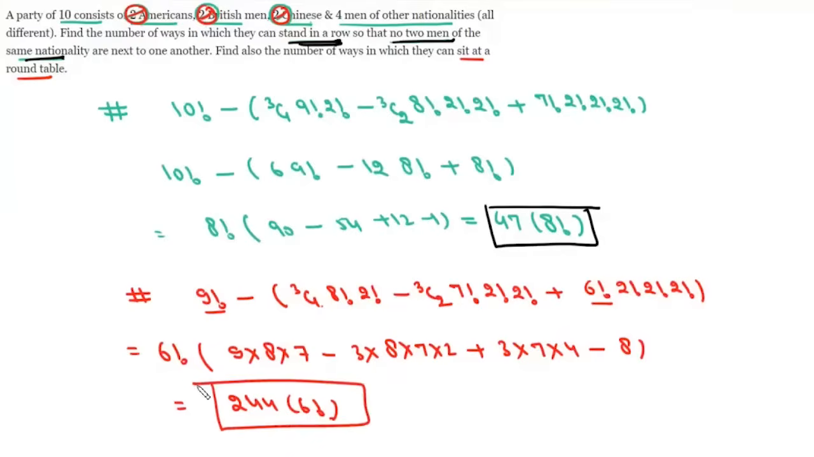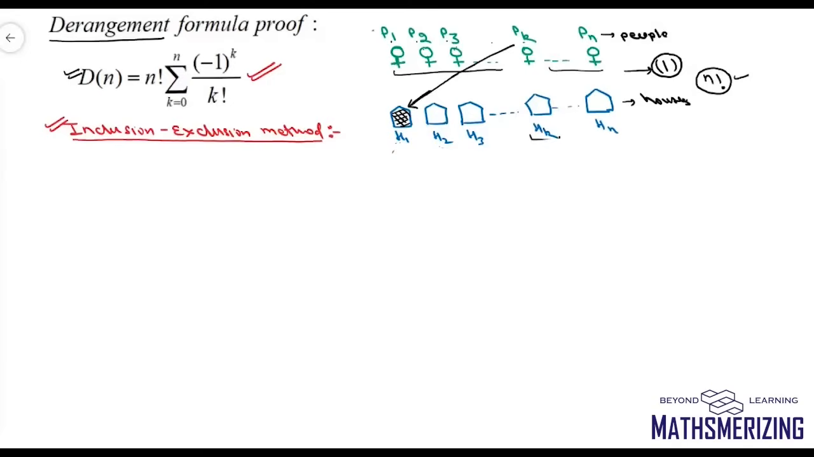It will be 244 into factorial 6. Another method to prove the derangement formula is using the inclusion-exclusion method. Before getting on with this method, I'll describe the situation. There are n people